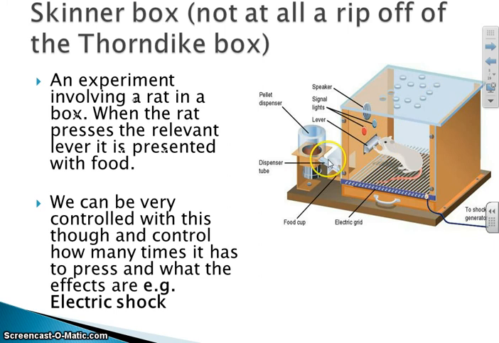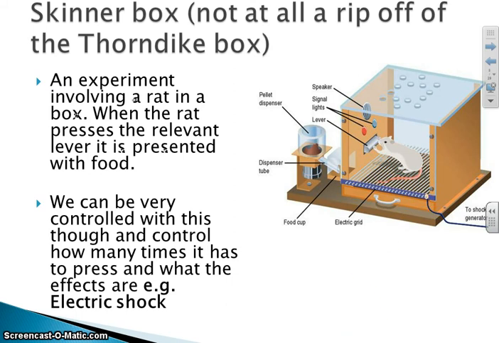Again, a similar process to the Thorndike box, except instead of escaping, the animals would get food. By pressing down on a lever or a button, there would be a light and a noise that let them know they did it right, and then food would be released. Originally they would do this by accident, moving around and knocking against the lever, but over time they would learn that pressing the lever gave them food. We also did it another way, where we electrocuted the rats until they pressed the button. They would be in a constant level of discomfort until they pressed the button, which would remove the discomfort.